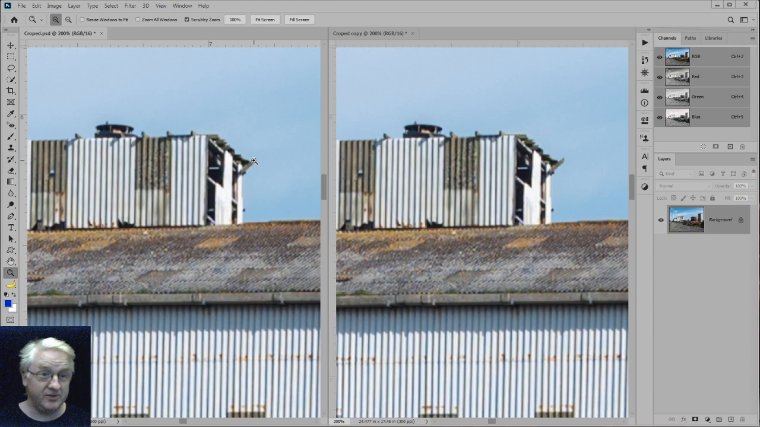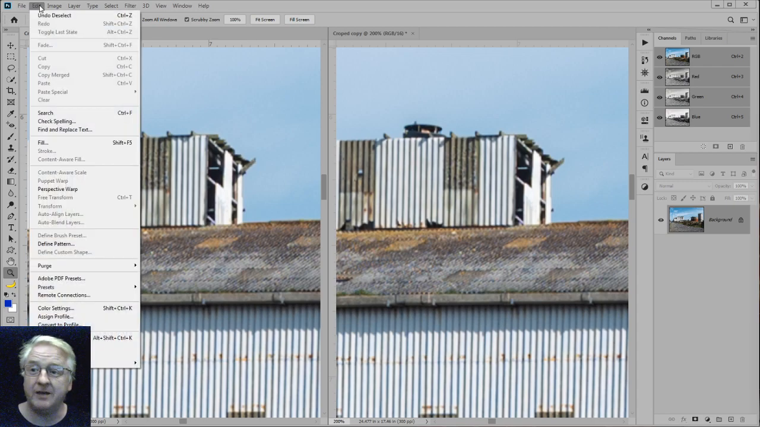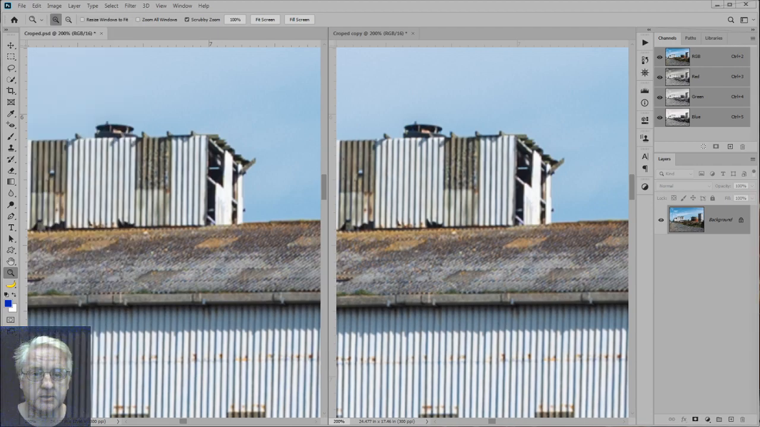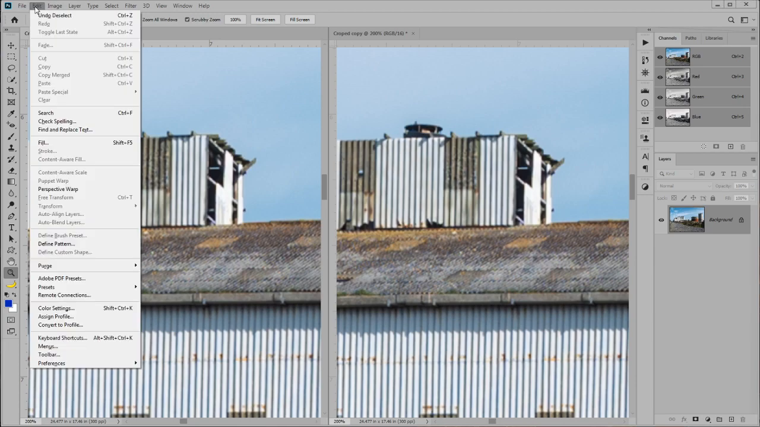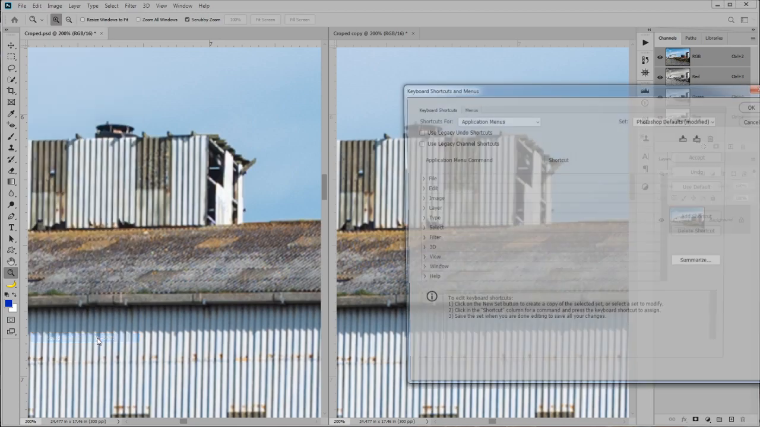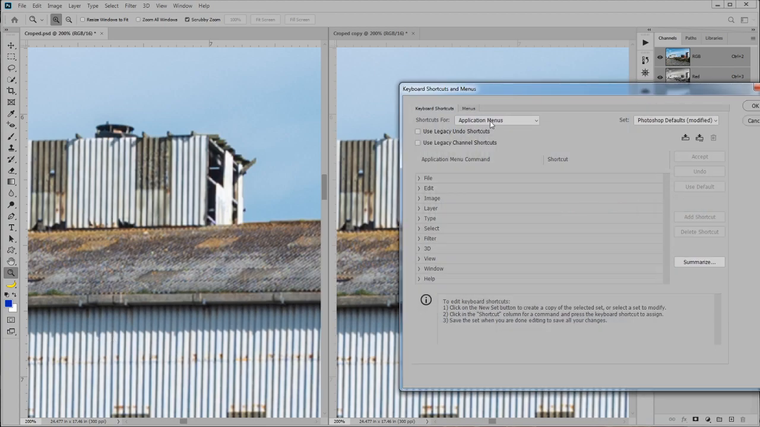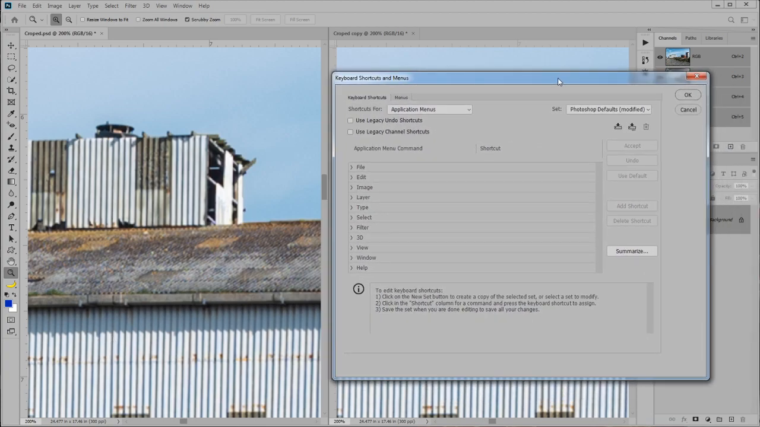So how do you do this with the shortcut keys? Basically, if you go to the Edit menu and down to Keyboard Shortcuts, that's on a PC. I'm not too sure where it is on a Mac. It's probably in the same menu actually. It could be in the Photoshop menu at the start, but it gives you the option then to go into the Edit menu here, and if you find Duplicate,